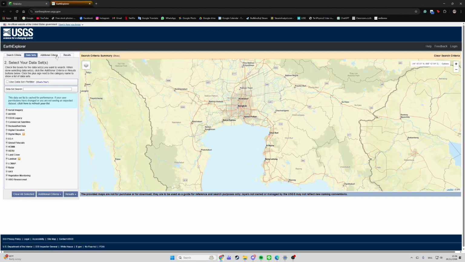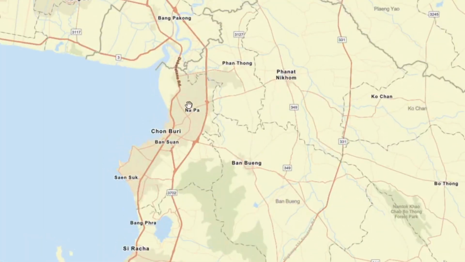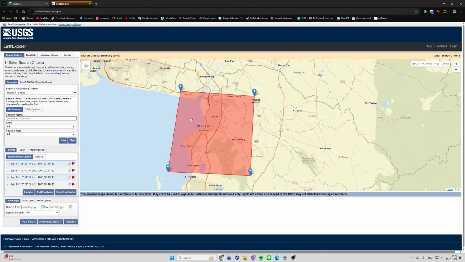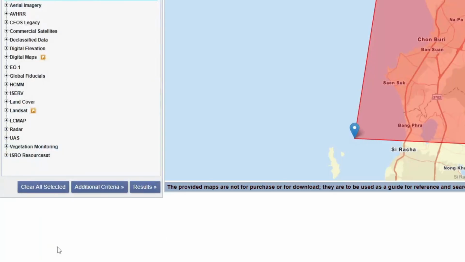Okay, so after we visit this data, we will select the area which we are interested in. So in this project, we are interested in Chonburi, so we're gonna click this, and this. After we get the area we are interested in, we will move to select data set, and then